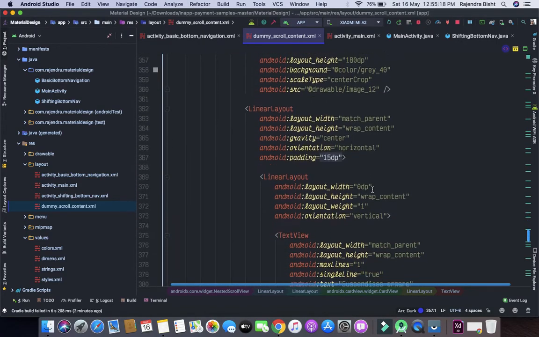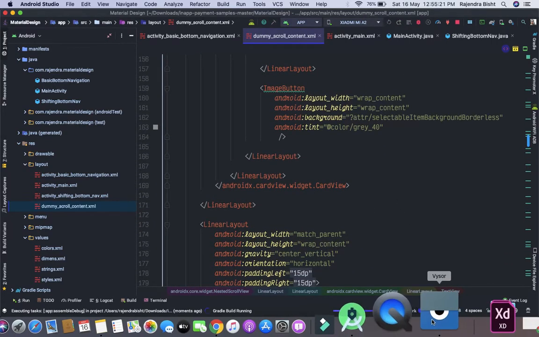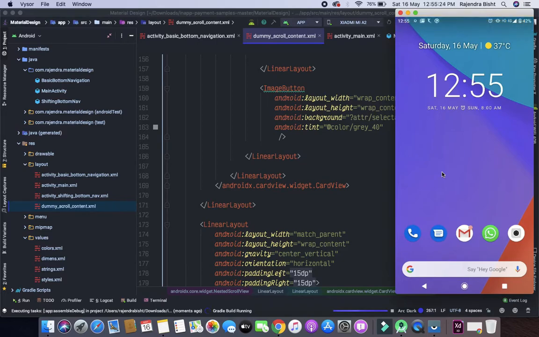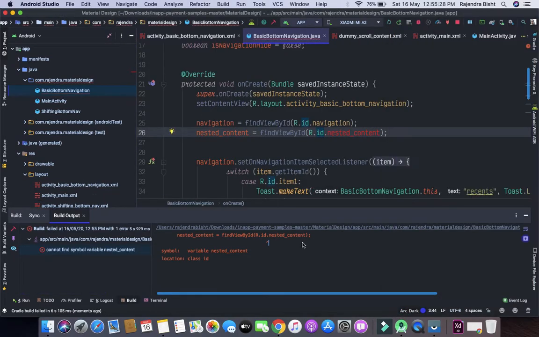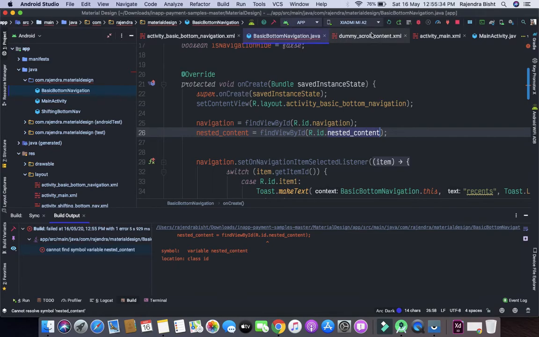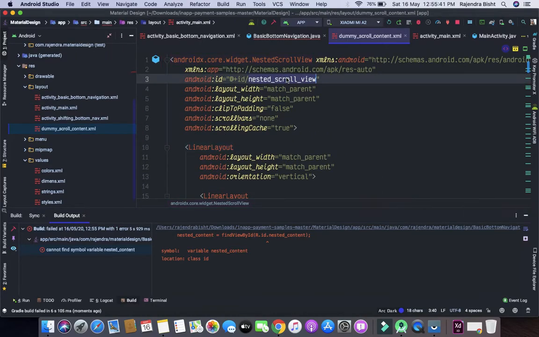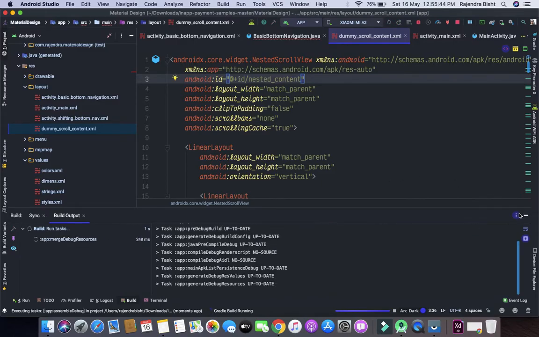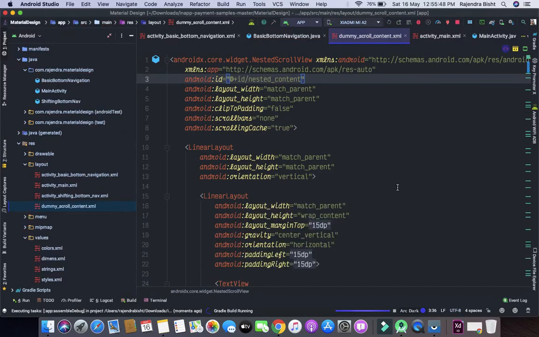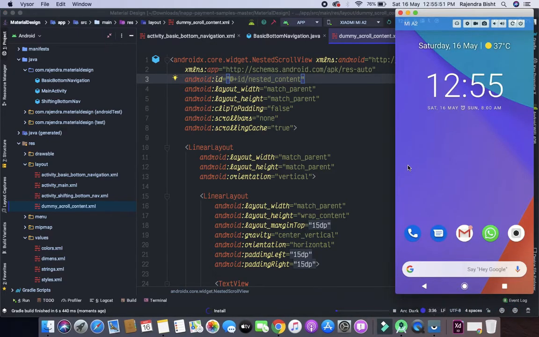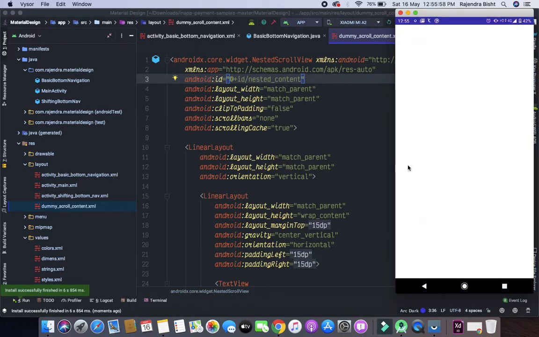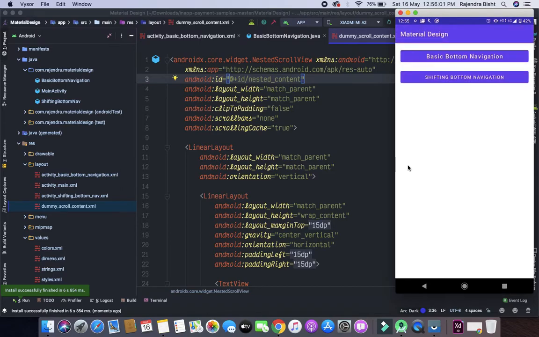Now let's run it. So click on basic bottom navigation.